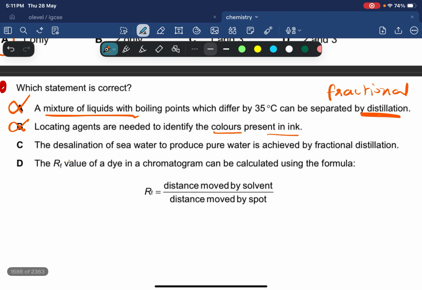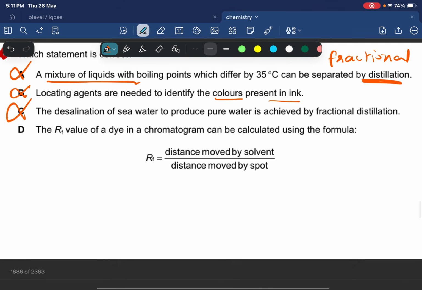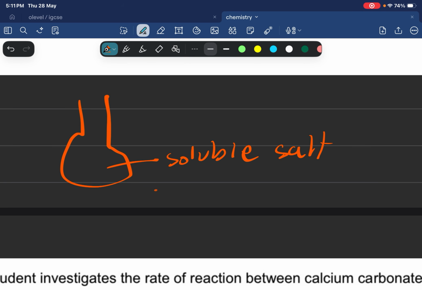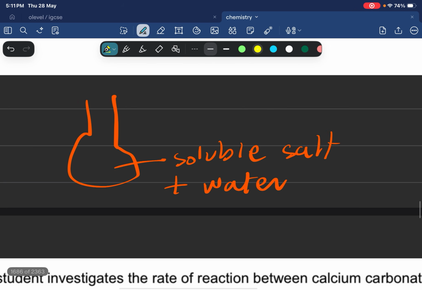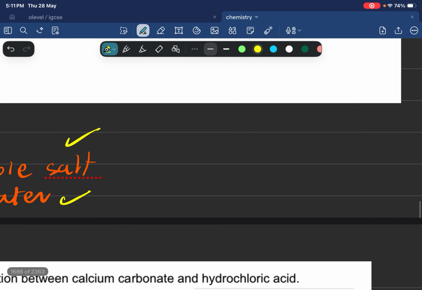The desalination of seawater to produce pure water is achieved by fractional distillation. No. Remember, whenever you have a soluble salt plus water, you have to separate the soluble salt and water. You are going to use which technique? You're going to use simple distillation. Okay, you're going to use simple distillation. But if you have